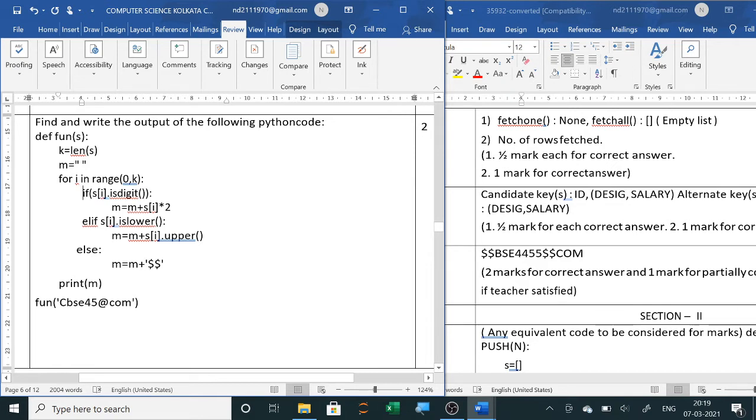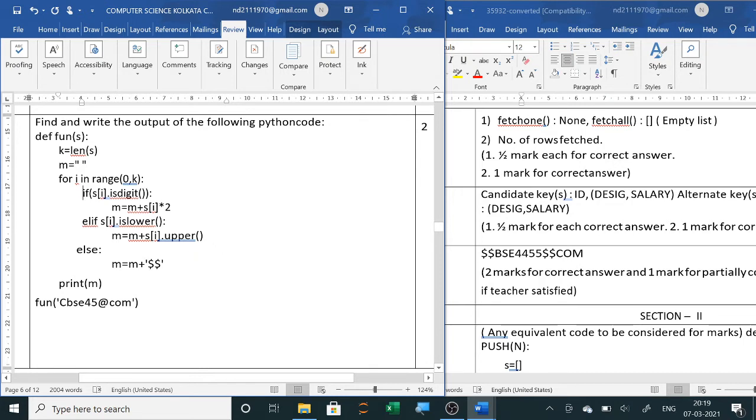Now if it is a digit, it will be multiplied by 2. So wherever a digit is there, like this is a digit and you are collecting as a string, so string into 2 means 2 times, so 44 and 55 will be there. If it is a lowercase small letter, then it will be converted into uppercase. So all the lowercase small letters you convert into uppercase. This will be capital COM and BSC will be capital.